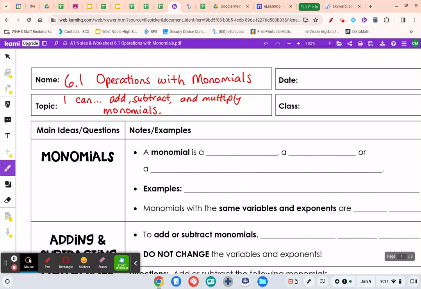Good morning. Today we are covering 6.1 operations with monomials, and your learning target is I can add, subtract, and